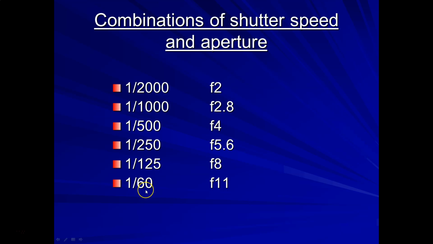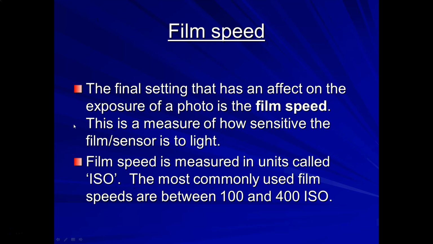But if you wanted other type effects, like to change the depth of field and so on, you might choose one from the lower part of this table here. So aperture and shutter speed are the main ways that the photographer has of controlling the amount of light that